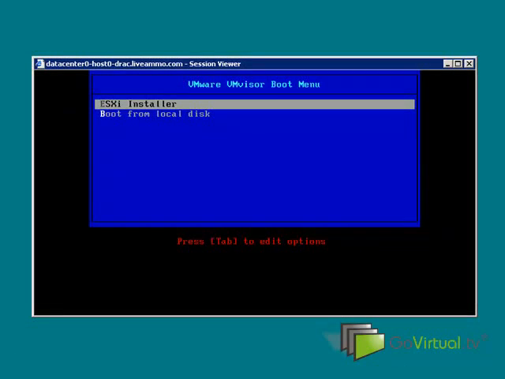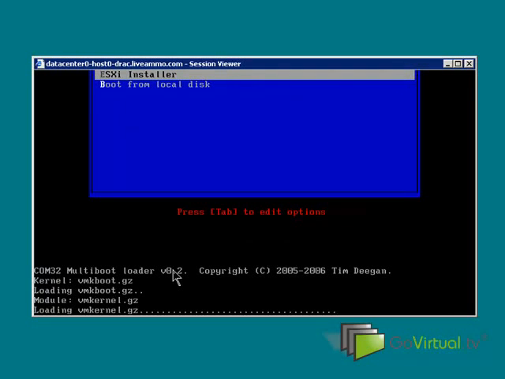Now, I've already booted this Dell PowerEdge onto the installation media for ESXi installable version 4.0. And the very first splash screen that we're going to see here is the VMware hypervisor boot menu, and it's going to prompt us for one of two options, either the ESXi installer or to boot from a local disk. If you don't select a default option, the default option is the ESXi installer, which kicks off after about 10 seconds. And if we were to hit the tab key right here, that would also show us any options that we could edit. We're just going to go ahead and hit the enter key